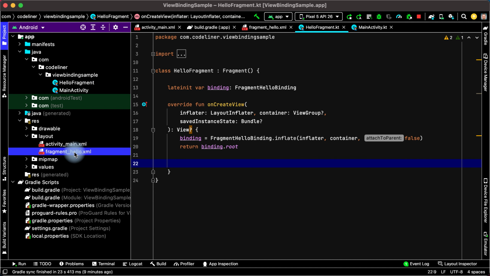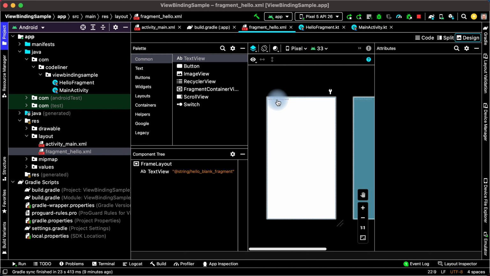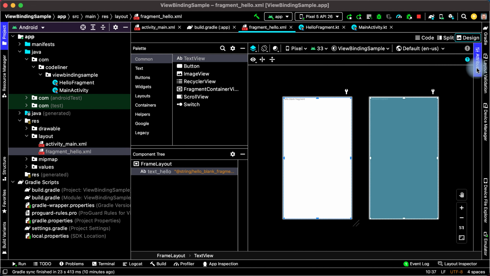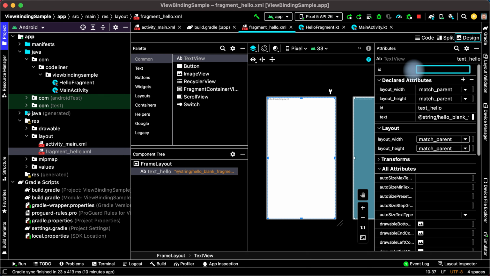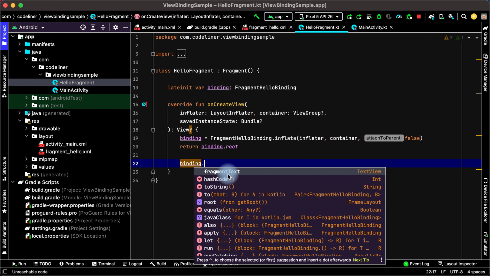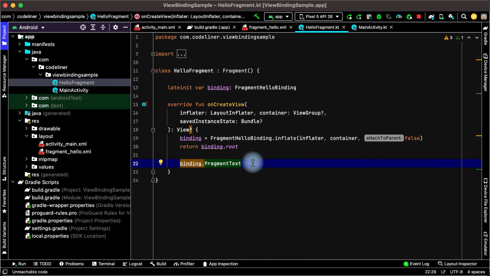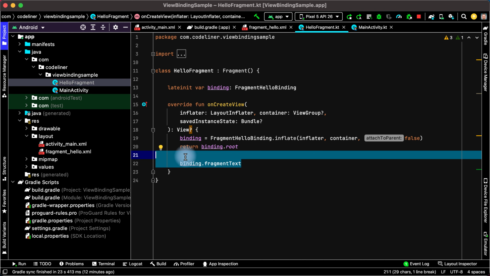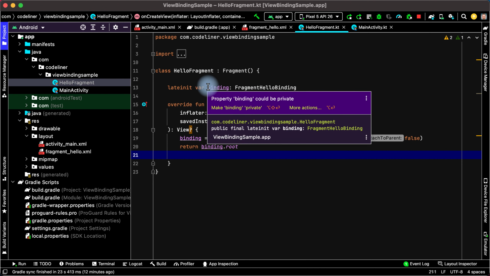For this, go to the fragment hello layout, choose our TextView, then open Attributes, and in the ID field write, for example, fragmentText, enter, and our ID is fragmentText. Then return to HelloFragment, add binding., and we have our TextView, whose ID is fragmentText. It's our view. That's okay, but it's not very good practice, because Google recommends using two binding